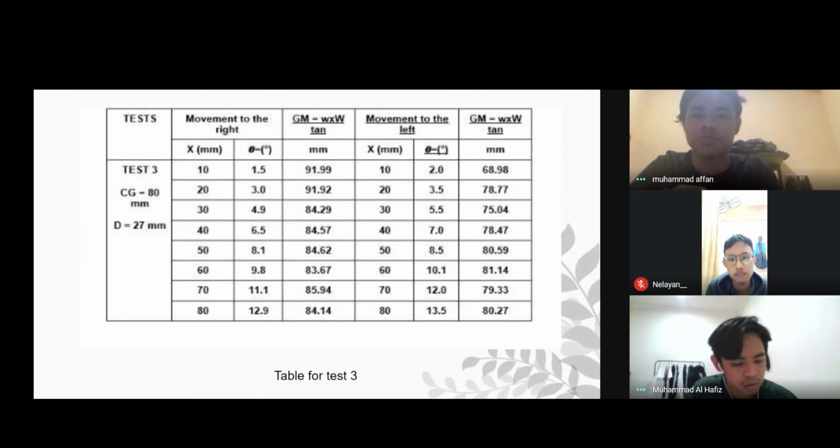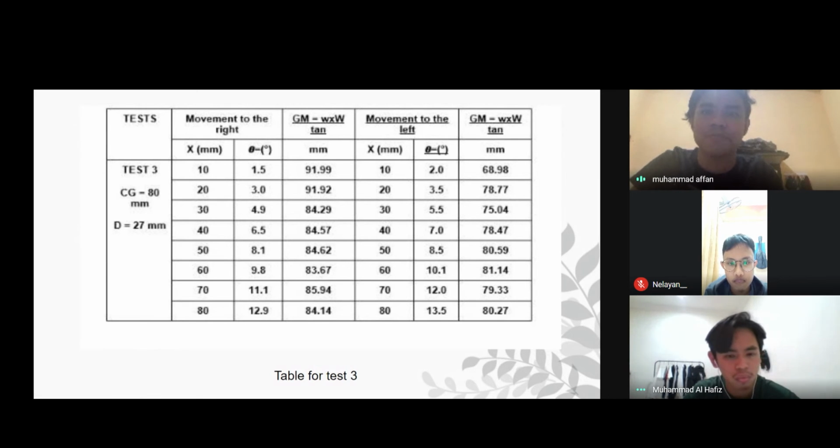Alright, this one is for test 3, where the center of gravity is equal to 80 millimeter. So this is the data that we obtained from our previous experiment,